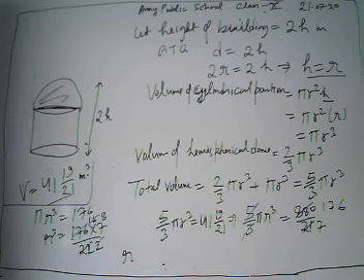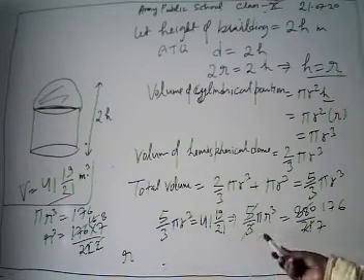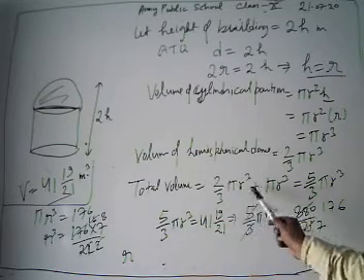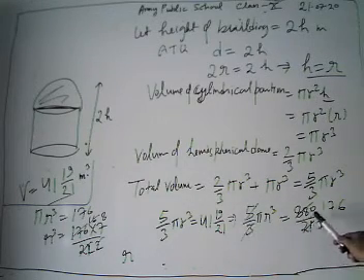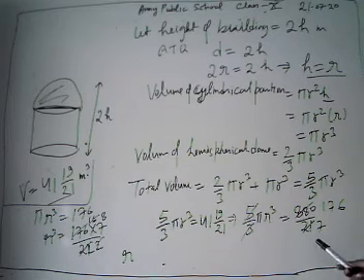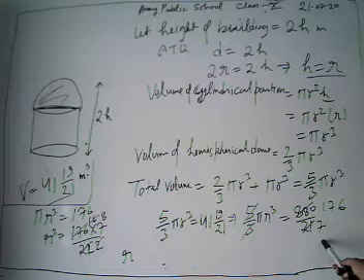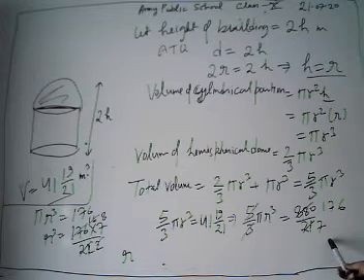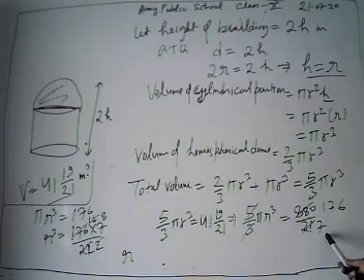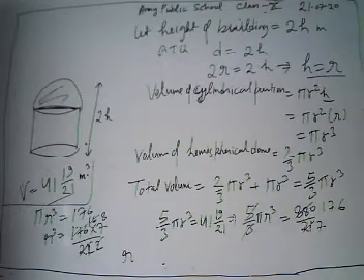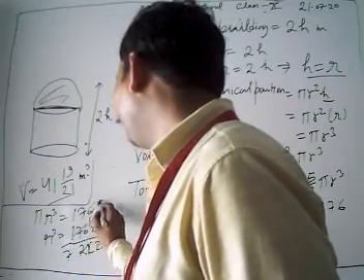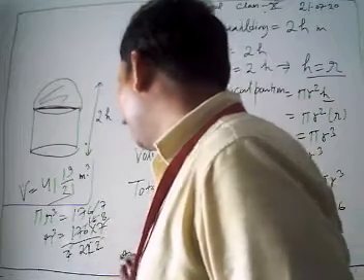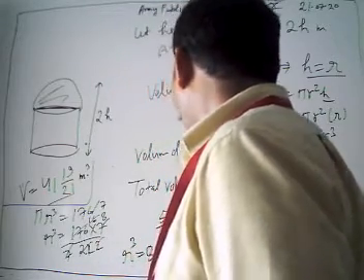What is given there? It's 5 by 3 pi r cube, and we put in the values. Yes, 5 by 3 pi r cube is equal to 880 upon 21. Yes, that's correct. Look, we have left this 7 there. We have 176 by 7, then this 7 and 7 cancel out. Then r cube is 8. Then the value of r is 2 meter.